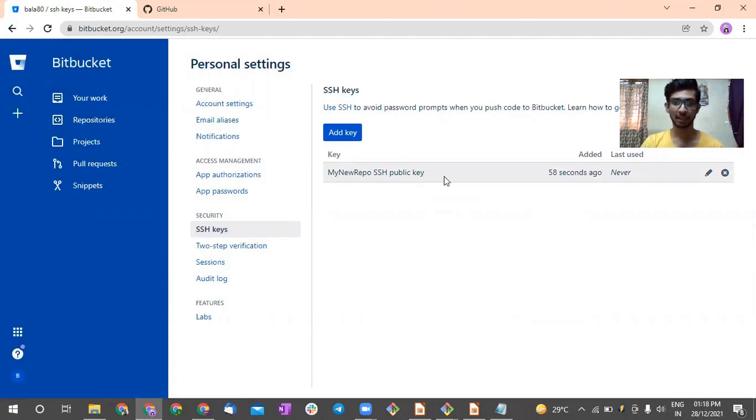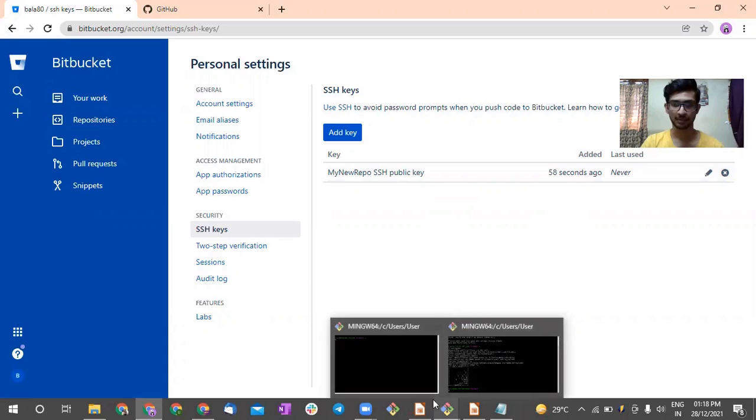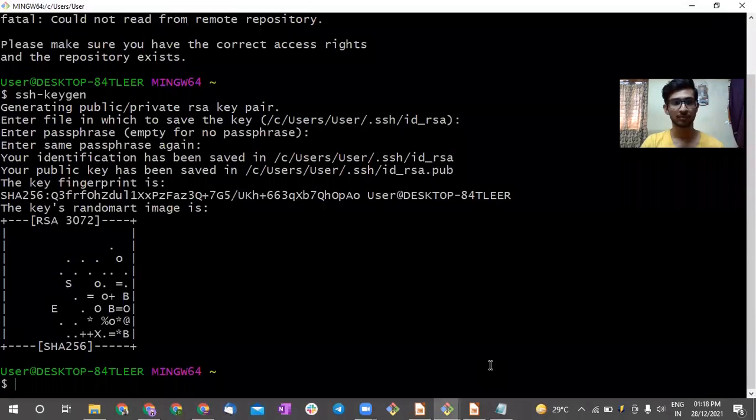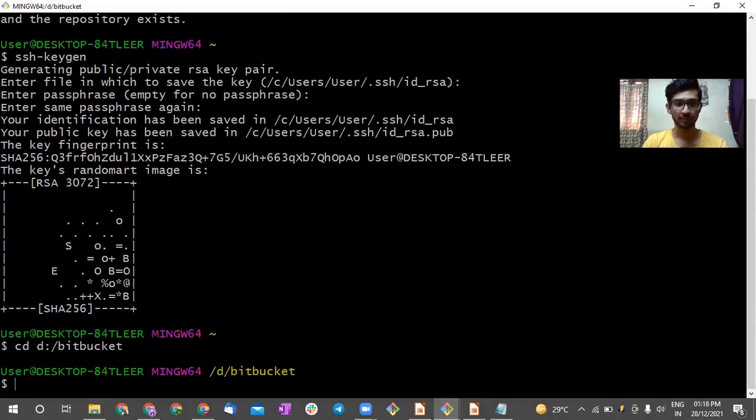So I can make a clone of it using Git Bash. What can we do? I'll go to my folder, which is in d:bitbucket. There I will be cloning my repository. So I've moved to my folder, which is under d:bitbucket.